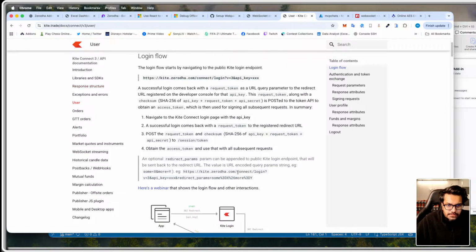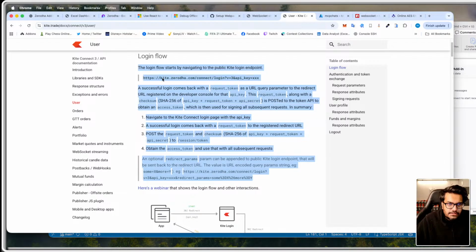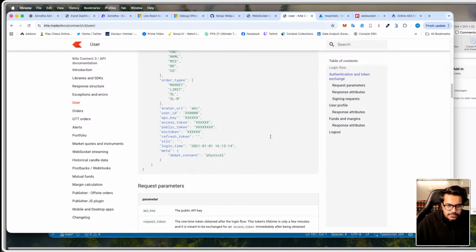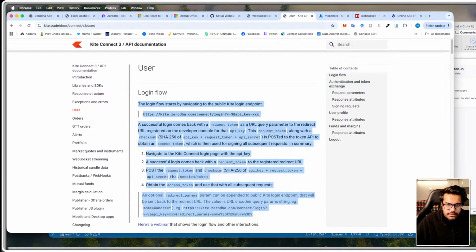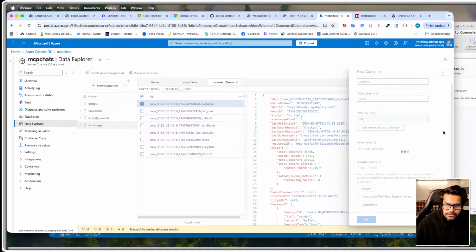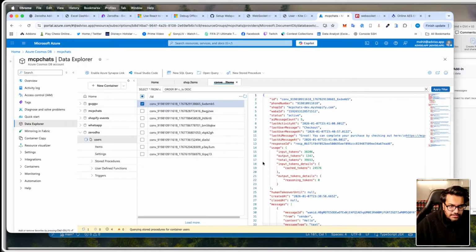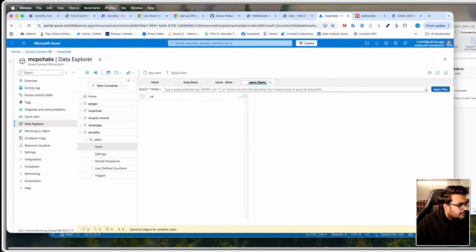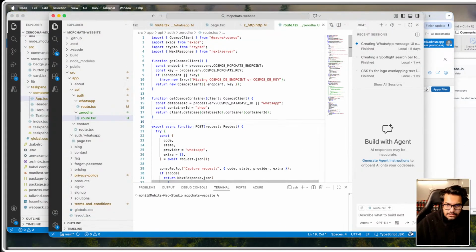So this is how it says you will get the token. Okay, now this should be done. Okay, let's wait for this. Okay, so we have users here, we have items, and let's go to this. Okay, change the